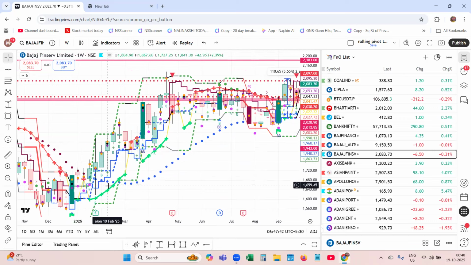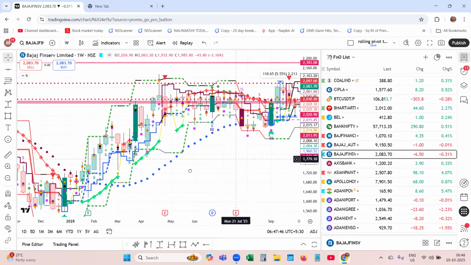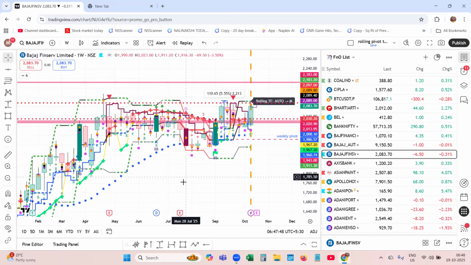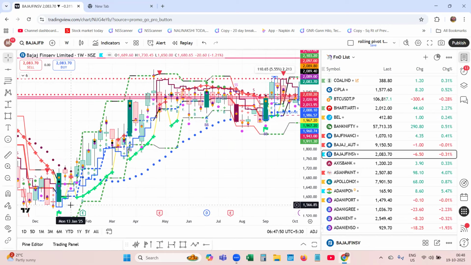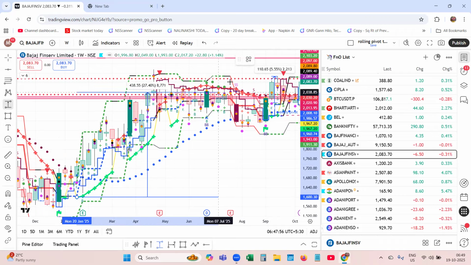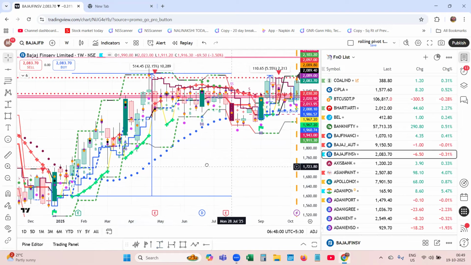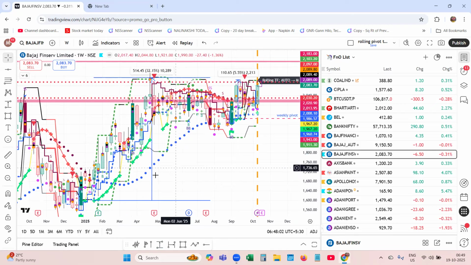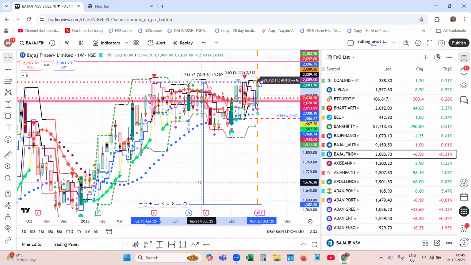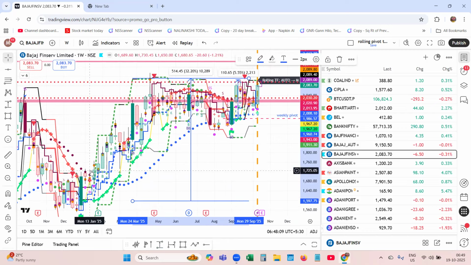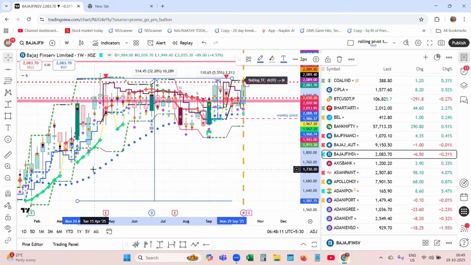You can see the price is rising with the intermittent fall. See, from here to here, it has given 31% yearly return. Like that, you can trade, you can invest in the stock with the help of the indicator,